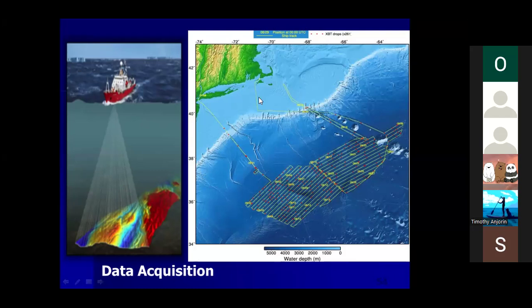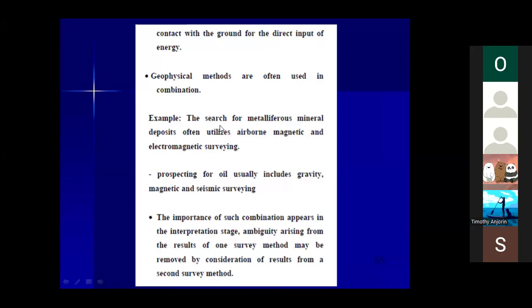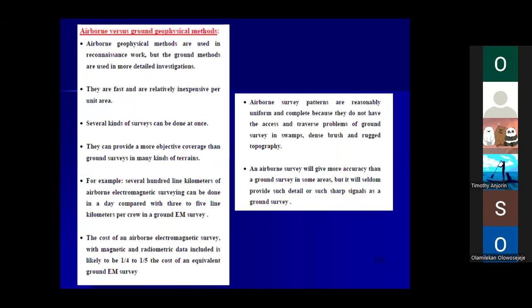So they are used in combination. For example, the search for metalliferous mineral deposits often utilizes airborne magnetic and electromagnetic surveying. Different methods have their areas of specialty, what they are meant for, and what they are used for. For prospecting for oil, you use your gravity, your magnetic, your seismic method. So you can see that we have to combine these methods together because the limit of one method is